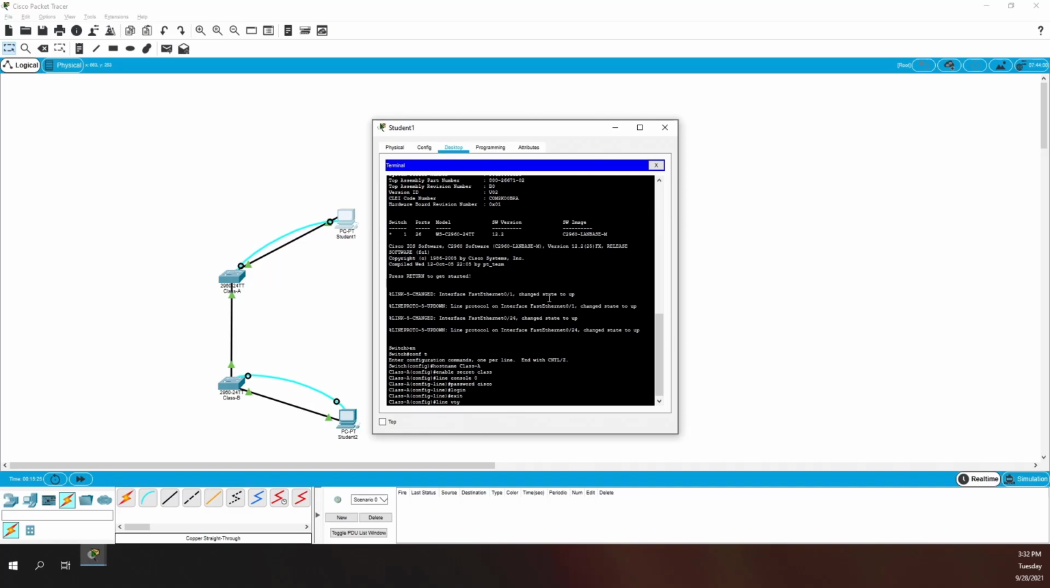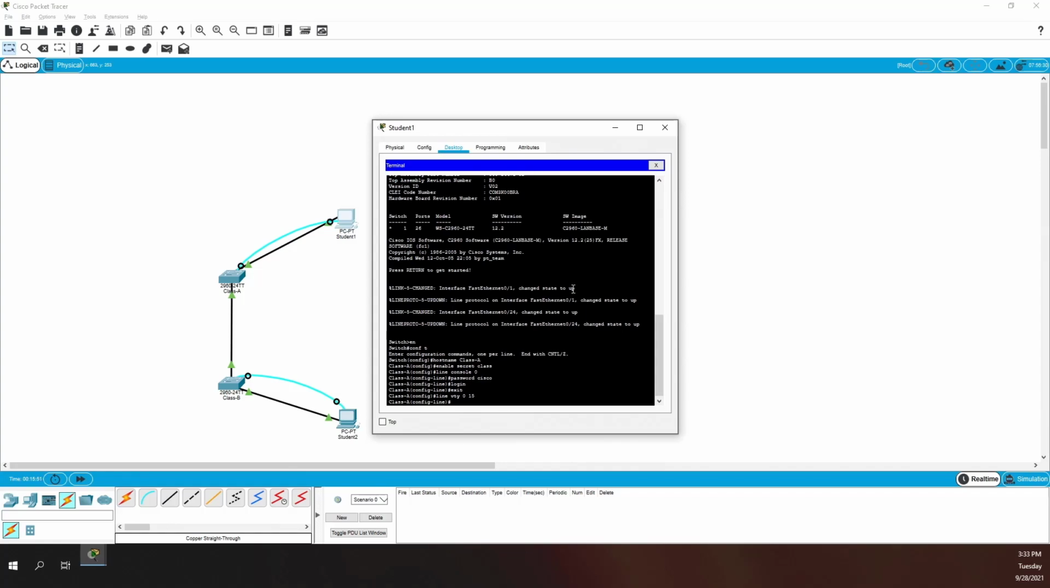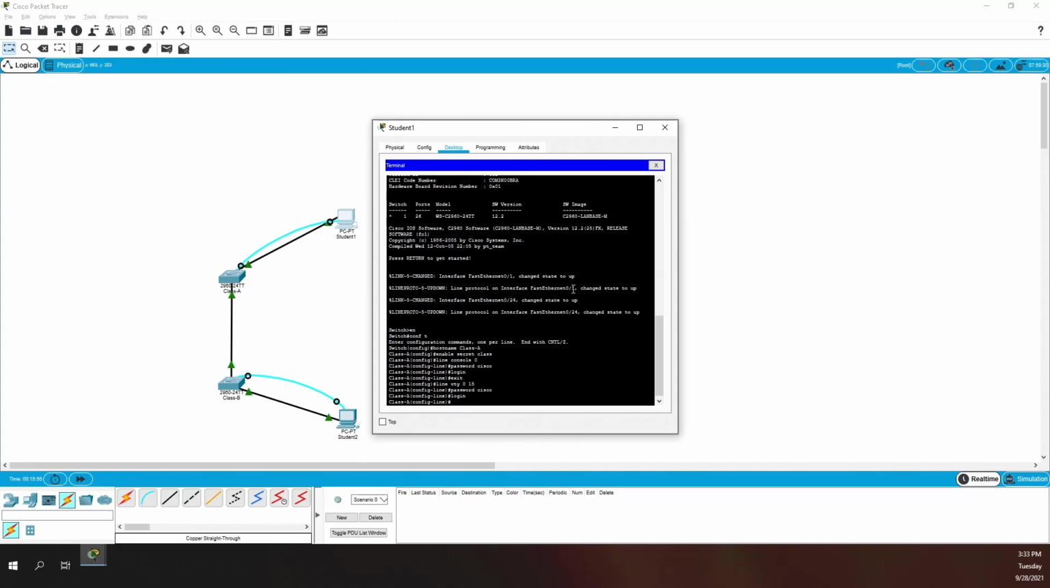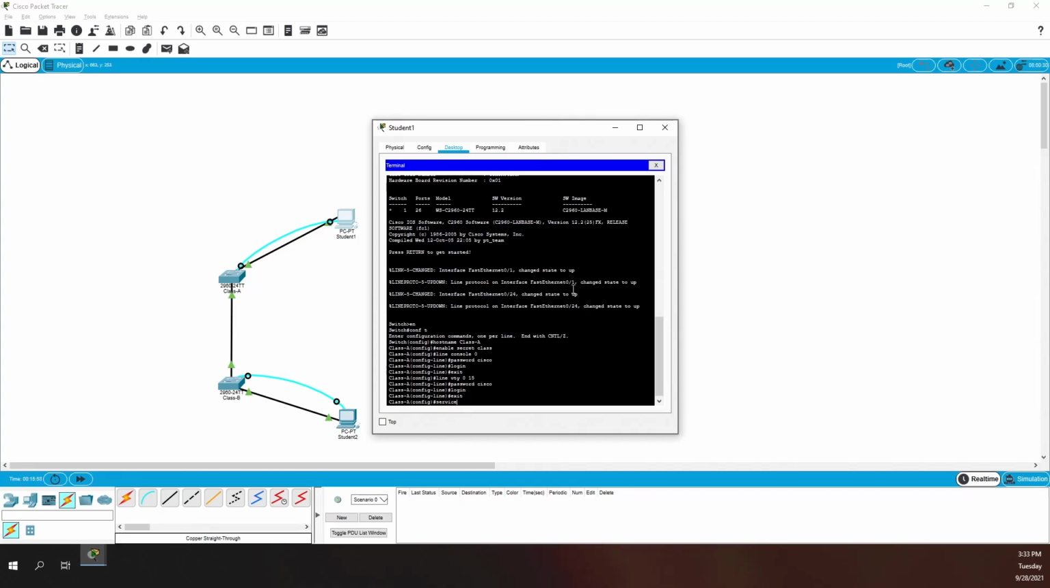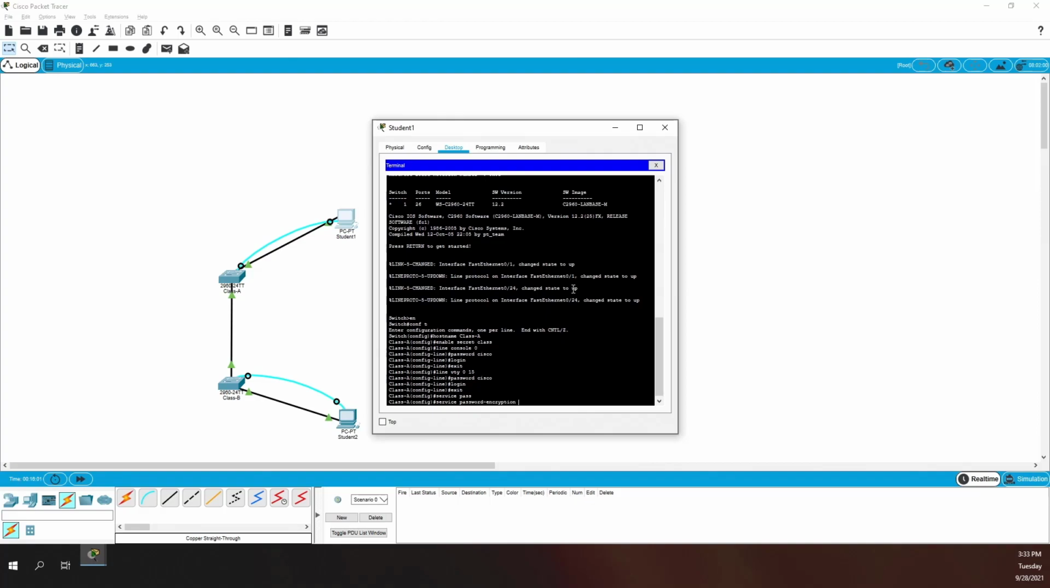Then we have our line VTY 0 15, basically just representing the first line, or any line. So if you're using Telnet or SSH, 0 is going to be the first connection in, all the way up to 15. If you look at programming, if you have an array, 0 through 15 is actually a max of 16 connections. If you configured it like 0 4, then it would just give you 5 connections. But line VTY 0 15, password Cisco, login to prompt, exit,